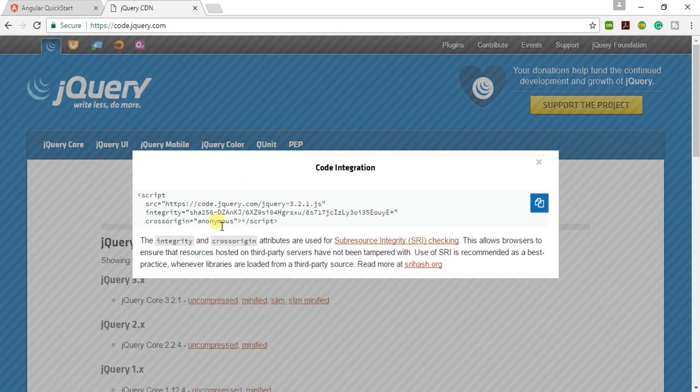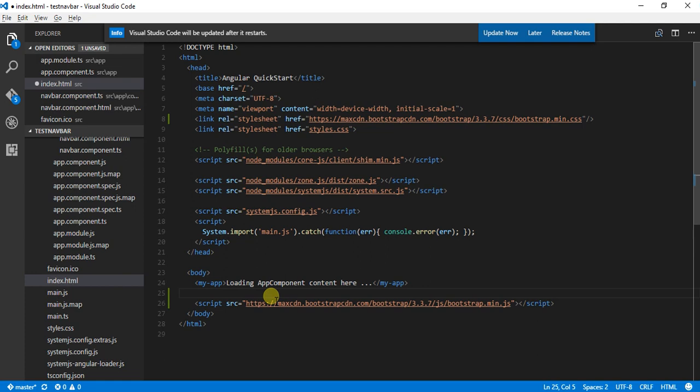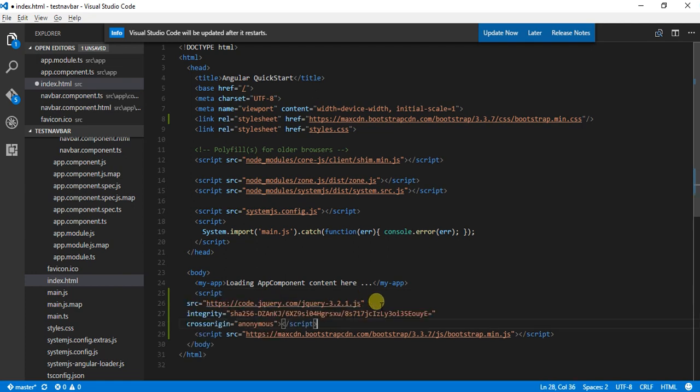I think it was not copied. Let me copy this manually and I am going to update it over here.